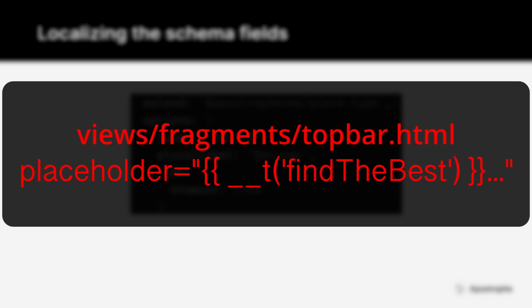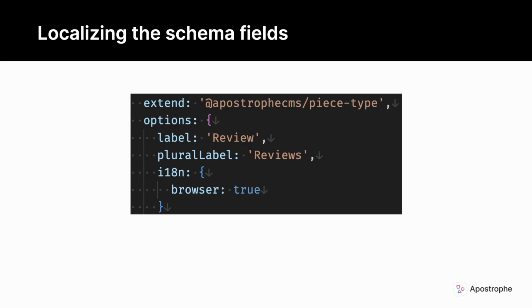There, we are adding localization to our template, not the interface the author is using. In the template, our localized strings were within Nunjucks tags and passed the __t helper. In this case, we don't have to do anything extra. Adding the i18n option will let Apostrophe know that we want to translate any label where we have supplied a corresponding translation string. Just like with the top bar, we need to create a module level folder for our translation